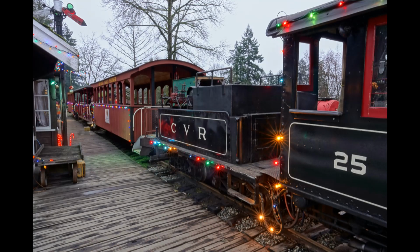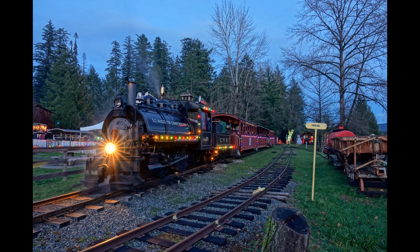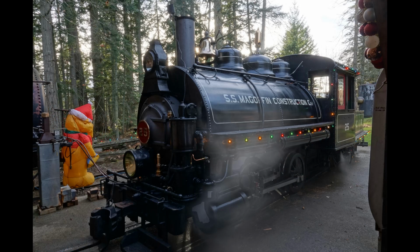For these 16 evenings in December, the 3-car train was pulled by the number 25 steam locomotive, nicknamed Samson. This locomotive was built in 1910 by Vulcan Iron Works in Pennsylvania, USA. Although this locomotive never worked anywhere in the forest industry and never worked in any industry on Vancouver Island, it